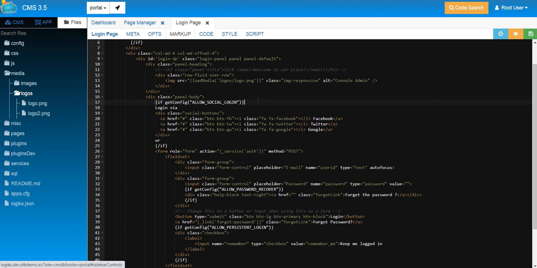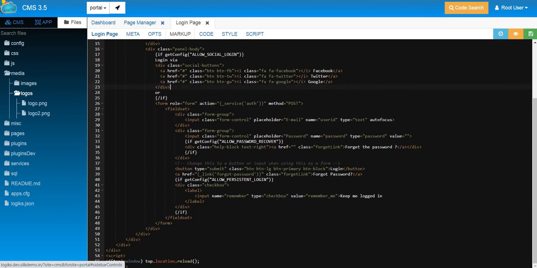Whereas to call another page inside your page, mostly we are using the actual path of that page. But in Logix, you need to add it using the _link function. So Logix has its own function called _link. So using this function, you can call one page inside another page.